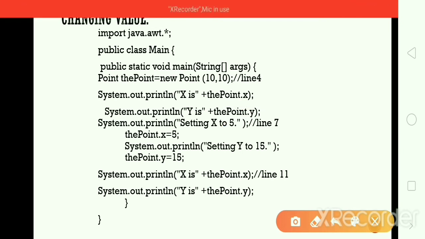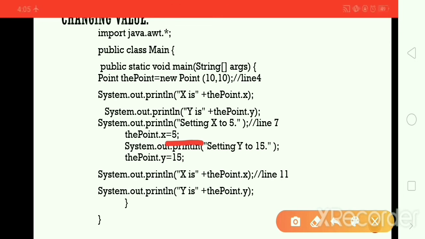Later we are changing the values, or setting the values, of x and y. Previously we had 10 comma 10, that is 10 for x and 10 for y. Here we are assigning new values. Instead of 10, here I am assigning 5, on the right side of the assignment operator.